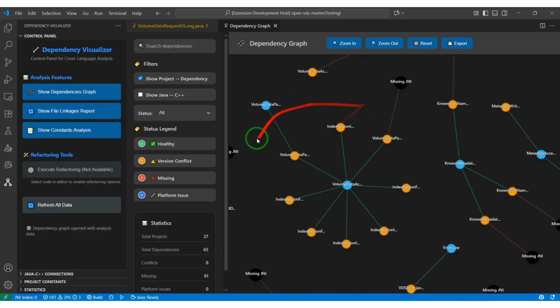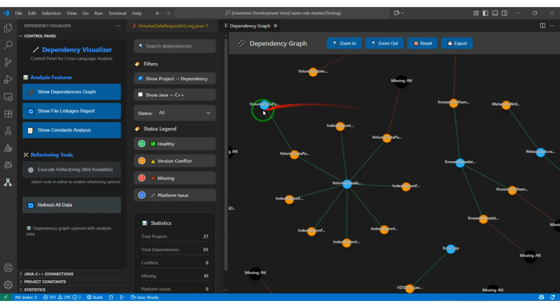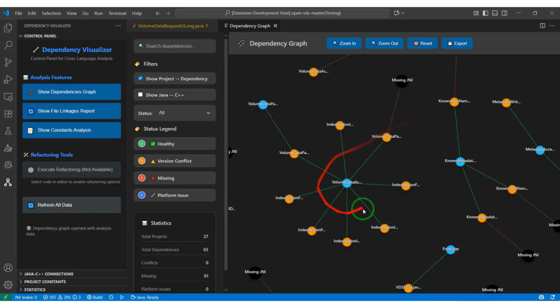So for example, here the orange nodes are the Java files and the blue nodes are the C++ files. In the corresponding example, we can see that there are so many Java files which are connected to this C++ file, and also we are able to see that there is one Java file which is connected